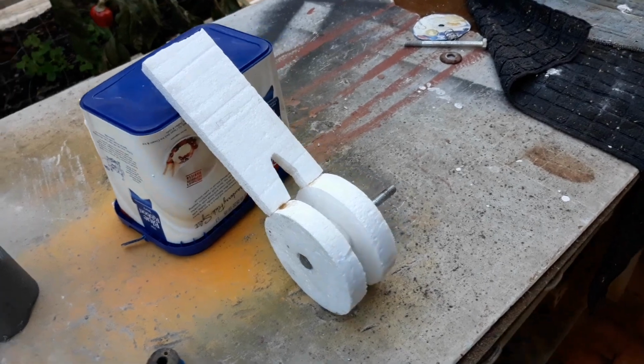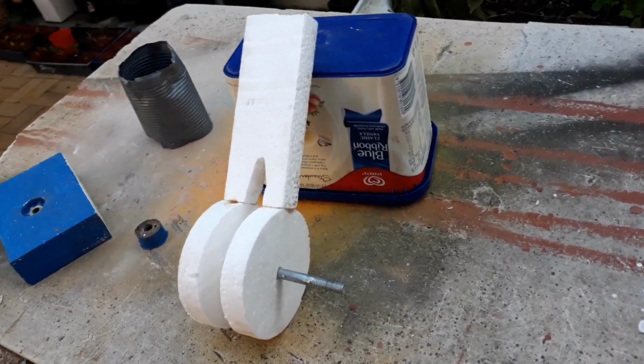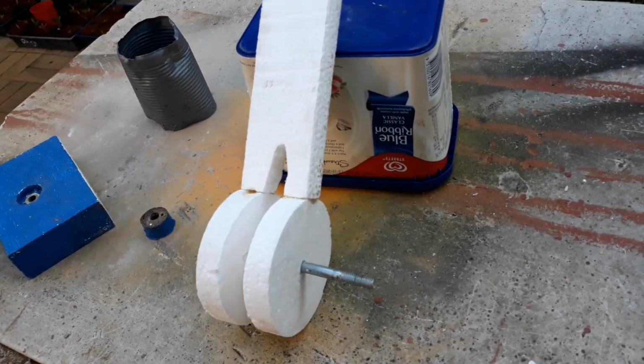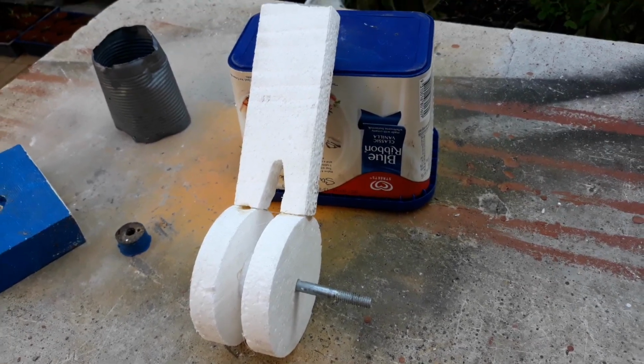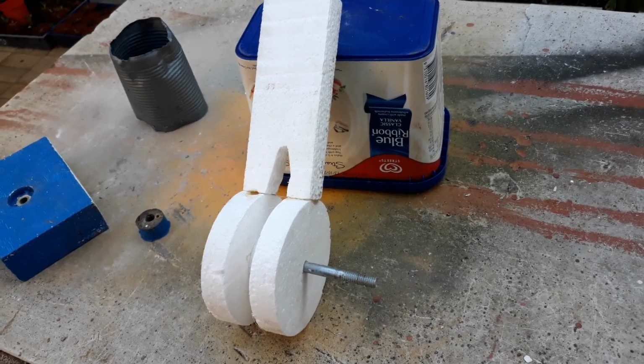This is a lost foam casting. I'm trying to make a spool, which is at the bottom. I've got the riser on the top to feed the aluminium into it. It's polystyrene foam, and I'm going to coat it with a very liquid coating of Cornice cement, and before I